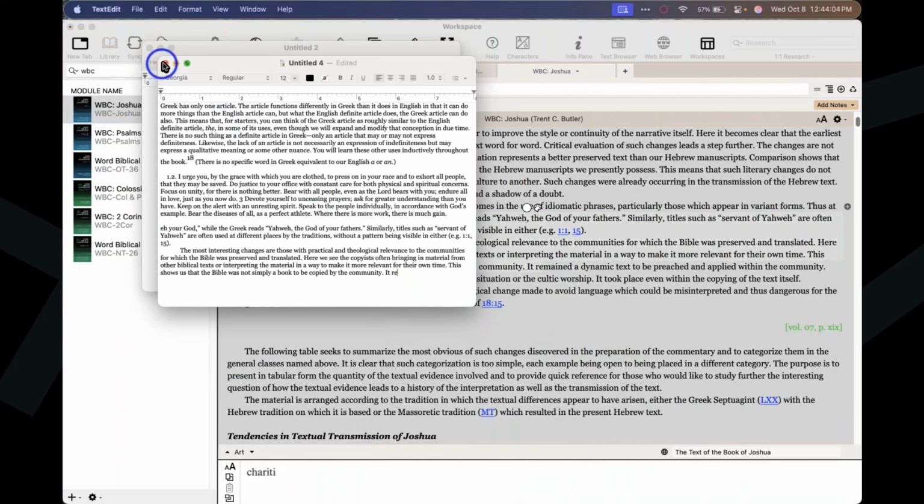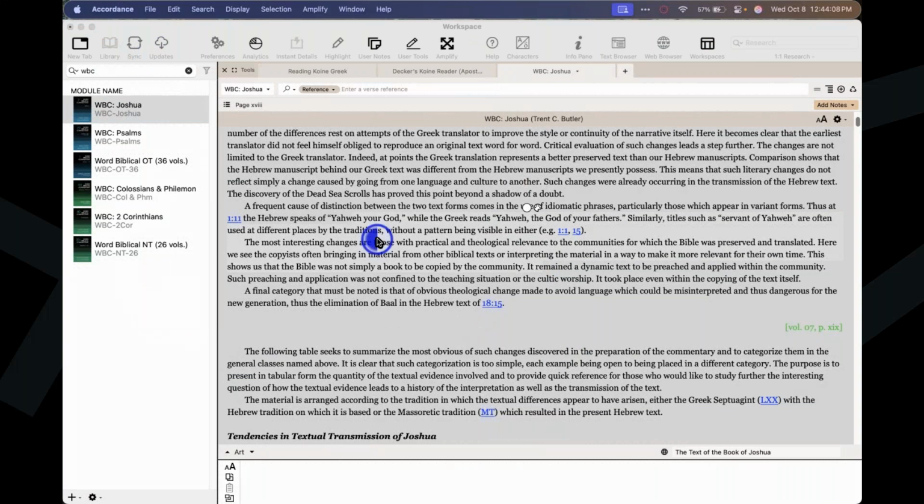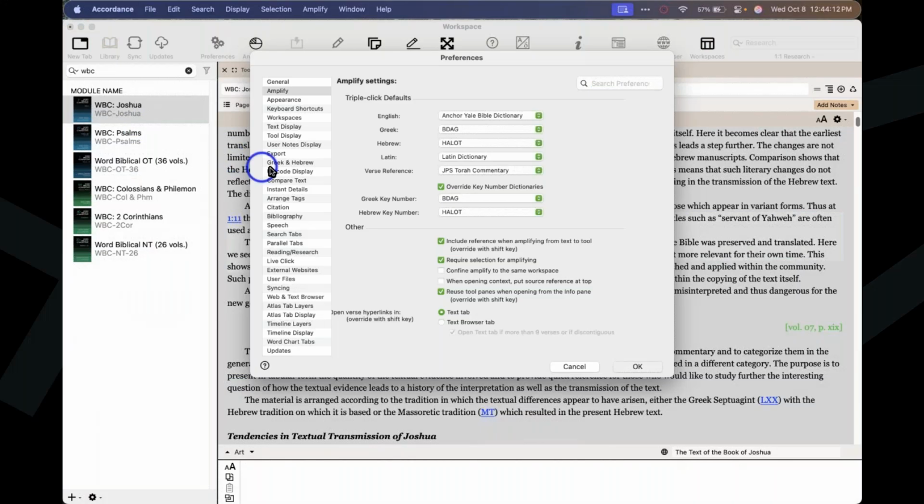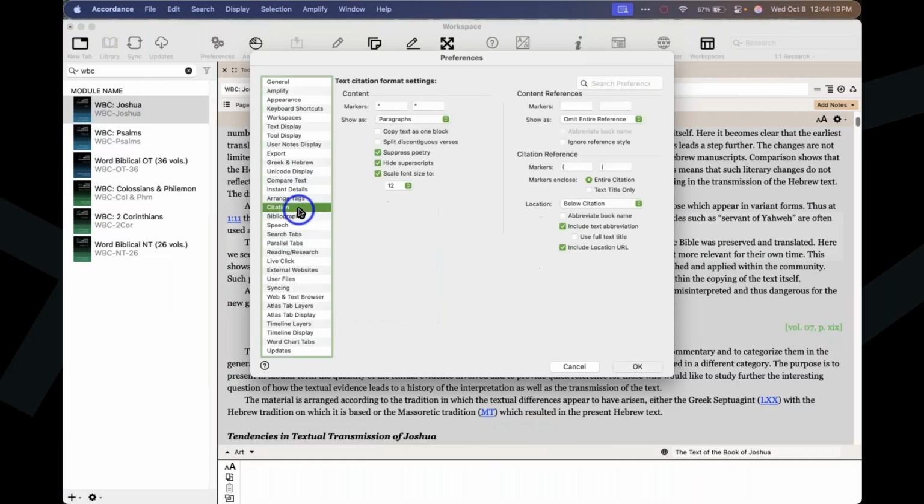It's not. I need to report that as some kind of a bug because that's not working. But what it's supposed to do is give you the bibliographic information, and I'll just point you to this. If you go to your preferences or your settings, there is a citation section where you can adjust your settings,